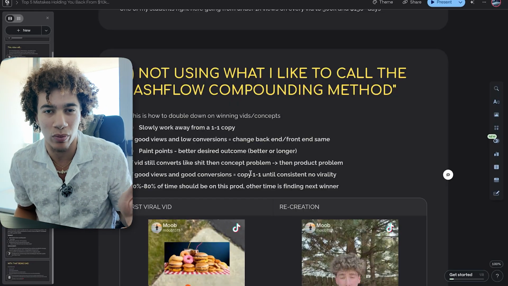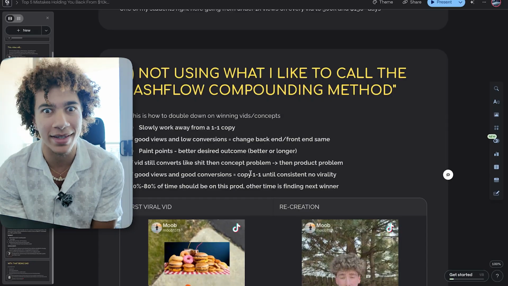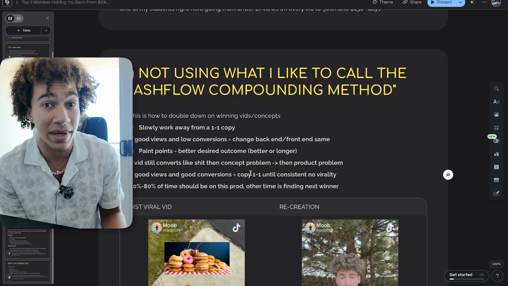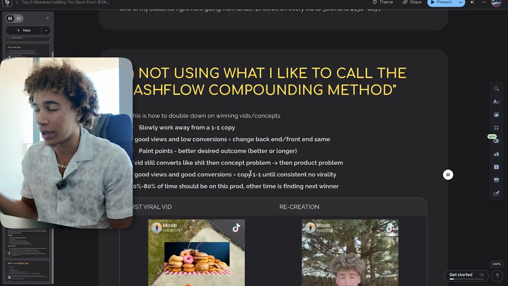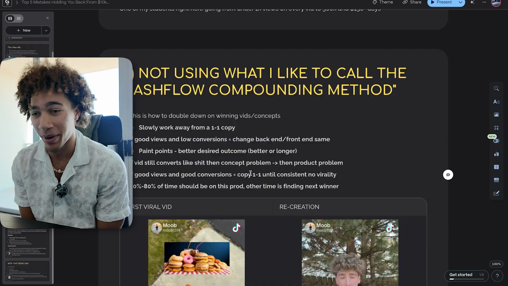You need to go look at the hook and see what audience you're actually attracting with the hook. And then if you recreate that and it goes viral again and it still converts badly, then you're just promoting a bad product, right? The product's just bad, and you need to move on. You need to ditch that immediately, right? Don't spend any time. If you keep going viral and keep getting low sales after going through this process, get rid of that product because it's bad.